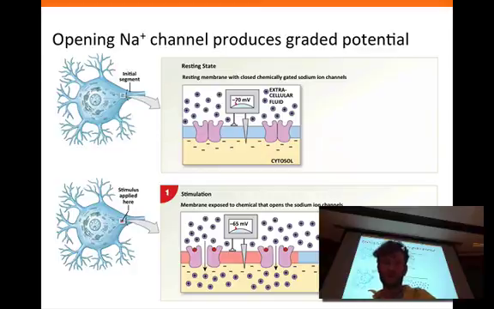All right, so let's go through this step by step. We have the resting state of the surface of the neuron. It's at minus 70 millivolts. Lots of sodium outside the cell. We're going to bind some sort of chemical. Let's call it acetylcholine. Who knows? Your favorite neurotransmitter. And it opens the chemically gated sodium channel. Sodium rushes in, floods the cell because that's the direction of its electrochemical gradient. Remember, the electrical gradient's pointing in that direction, and its chemical gradient